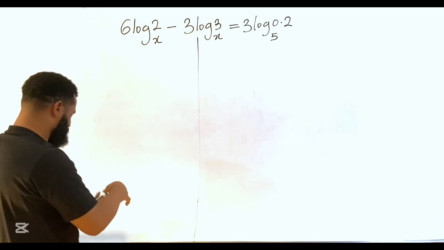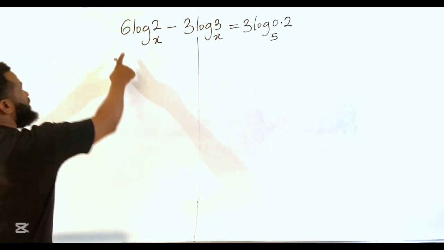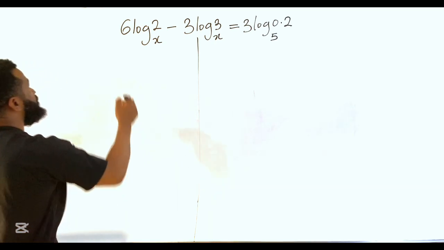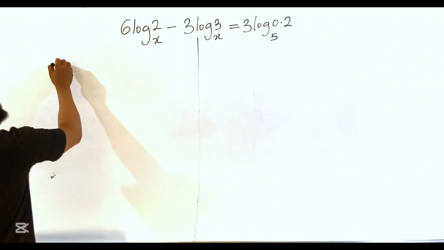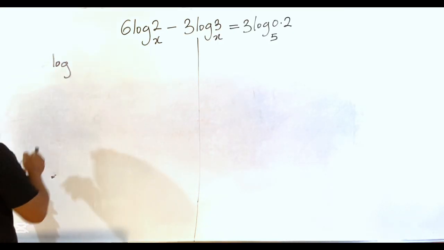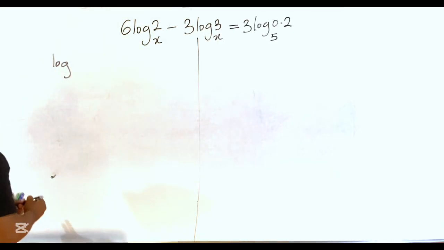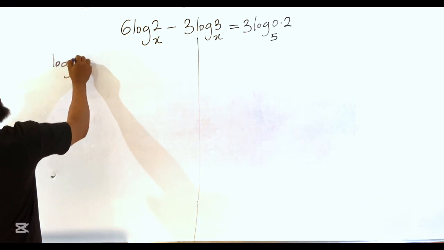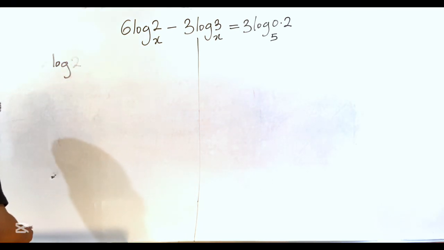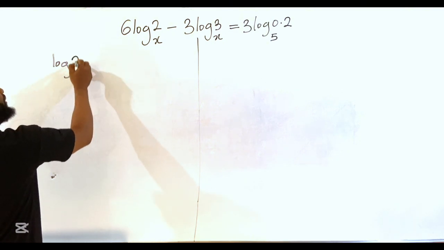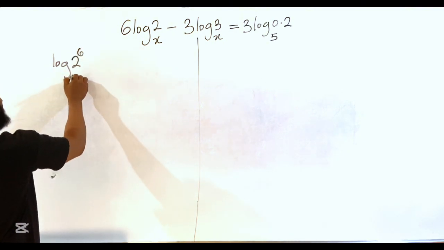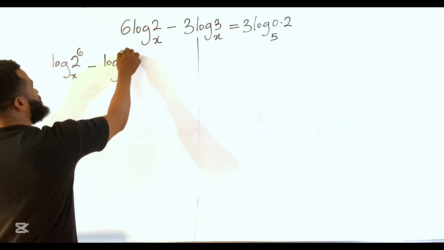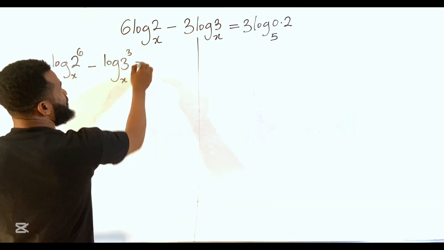All right. So I'm going to start by applying the power law of logarithms, such that this 6 is going to move up. I'm going to have log 2 raised to power 6 base x minus log 3 raised to power 3 base x equal to